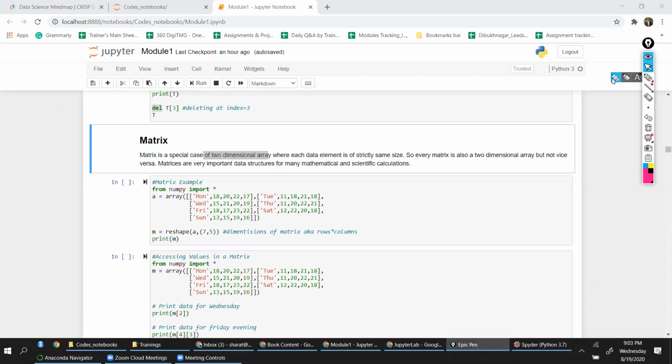So for example, you're talking about a matrix. Let's say you have 3 elements, then all the rows will have to have 3 elements. That value is fixed. You cannot have 2 elements here, 3 elements here. That's not possible. So a matrix is a two-dimensional array which has a fixed size. And a two-dimensional array will always have rows and columns. That's another case that you need to remember.